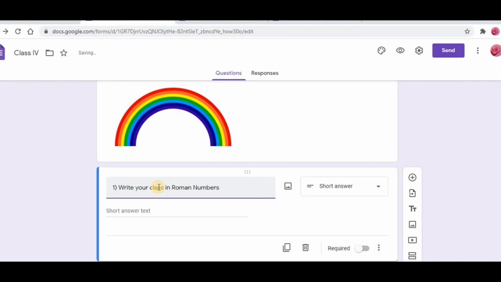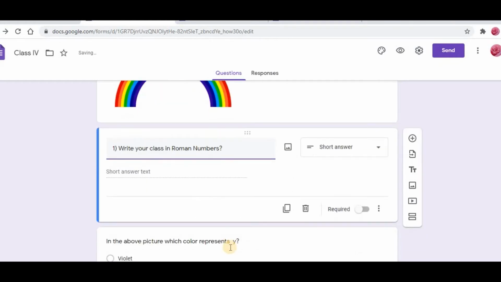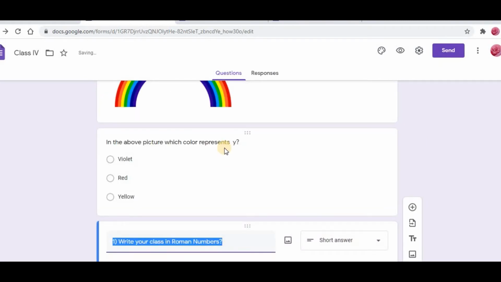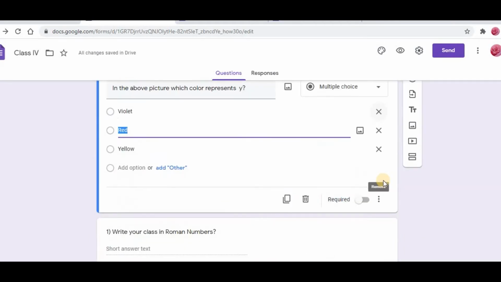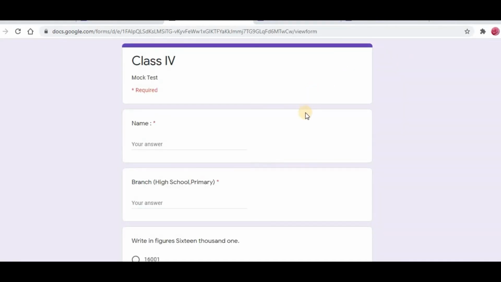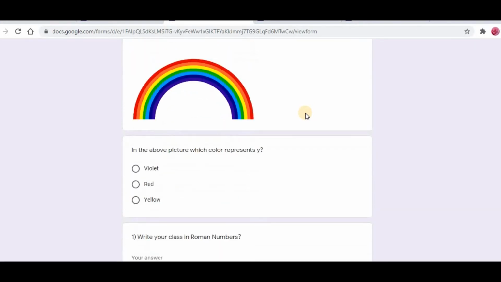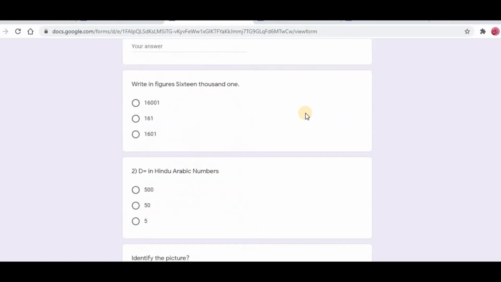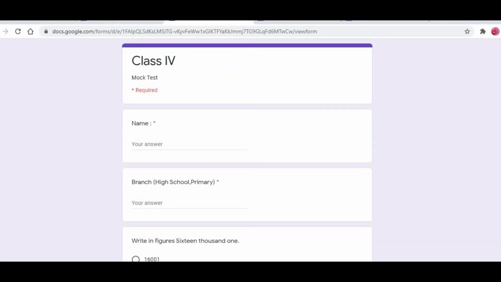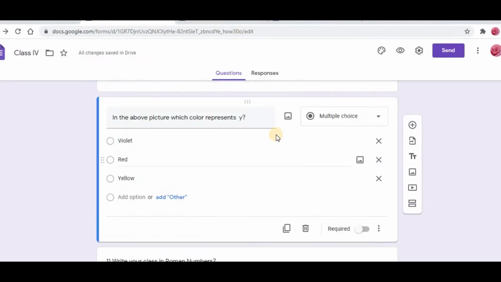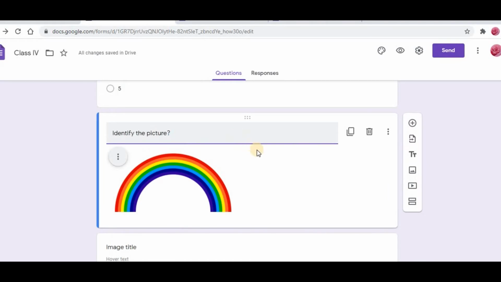Right, now I just want to see this question paper. Okay, see here this question came up, actually in the above picture this has to come here. Now I just want to see my question paper, how it is looking. So here can you see the shape of an eye? If you touch this, the question paper how you typed will look like this. A student is going to see it like this. Is it looking like a question paper, right? So this is the way your student is going to see the question paper you prepared. Now I'm going to close the preview.